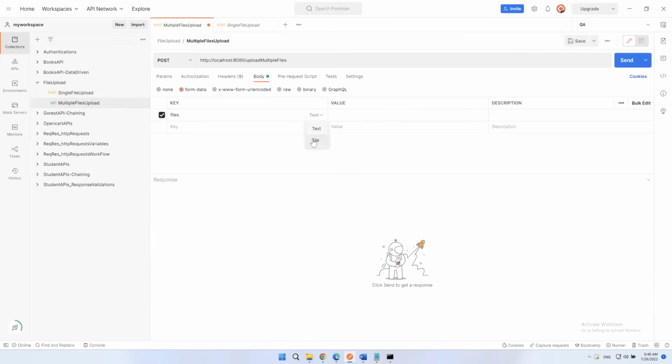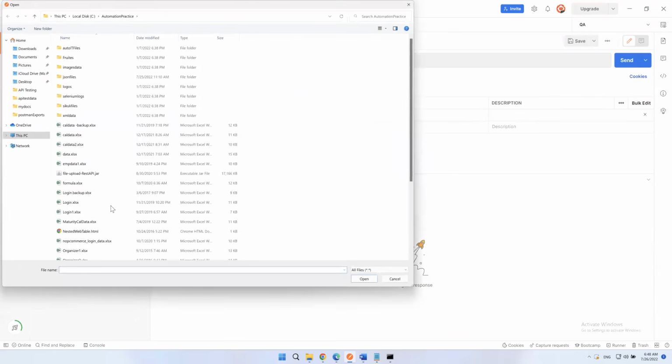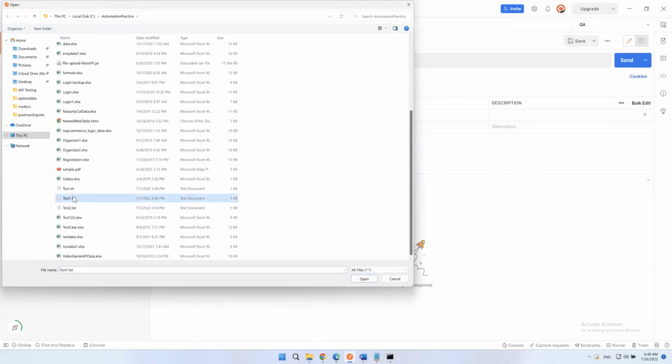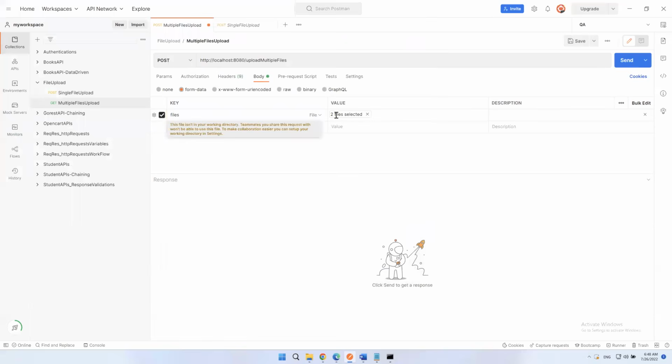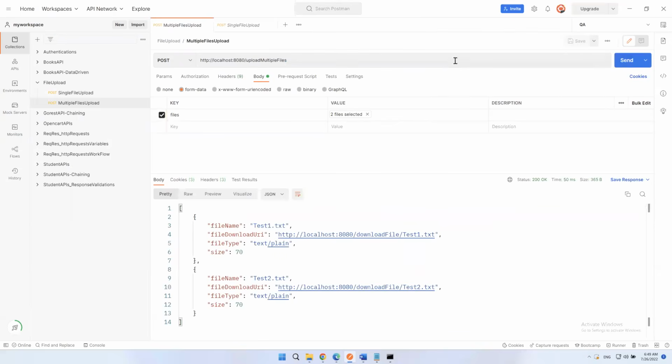Now take the file format, and this time it allows uploading multiple files. So select the files. This time I'm taking two files, test1 and test2. Now I have uploaded two files, and now I save the request. So this is the URL, and in the body section I select form data, files, and upload the two files, and say send. Okay, so this time we have uploaded two files, and you can upload any number of files, and